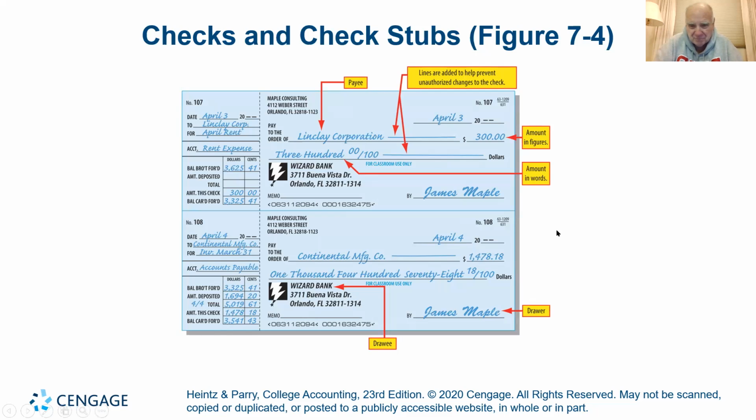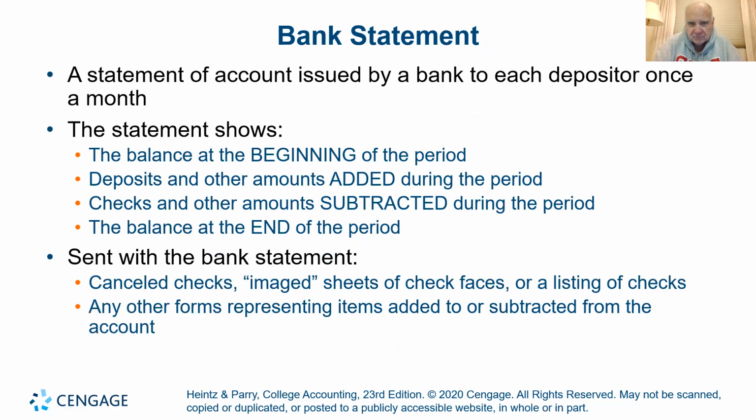And they're just showing you different parts of the check. And again, I'm going to go past this. We have bigger fish to fry, huh? The bank statement. Now we're getting to something good. You're going to get this in the mail every single month from your bank, or they're going to give it to you online. And what the bank statement does, it shows you every bit of activity that the bank conducted on your behalf. Some of it you don't even know about, nor could you know about it until you got the bank statement. So let's take a look at this.